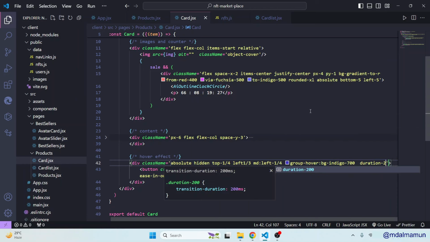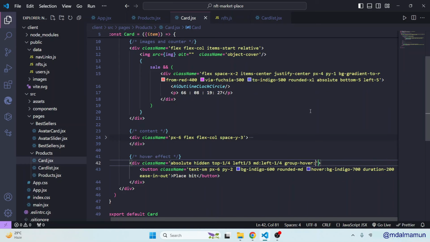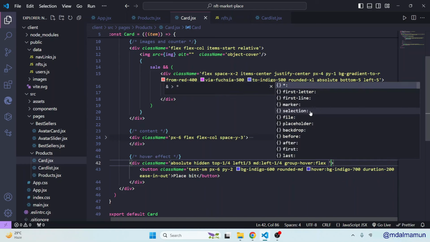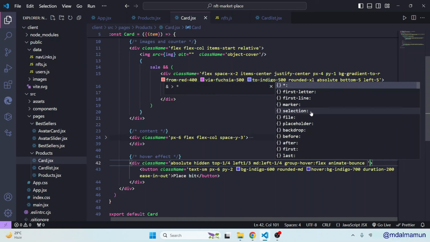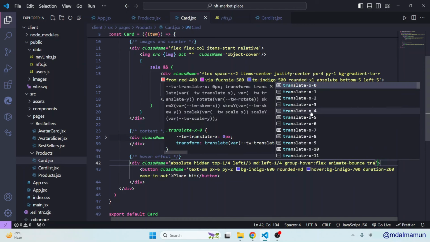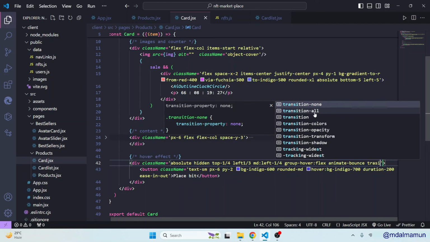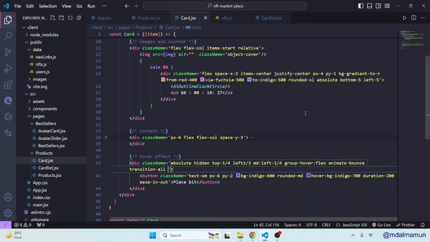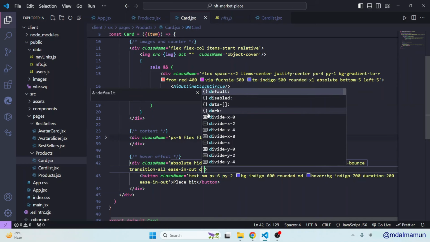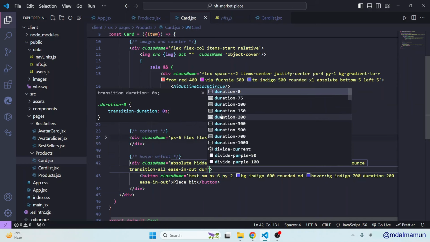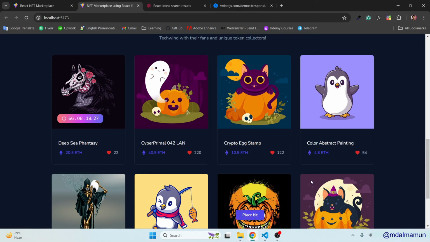Okay, sorry, here we need to define group hover will be flex, then we'll have animate bounce, and we'll have translate transition all, then we'll have ease in out, finally we'll have a duration 1000. So let me check, by default, look here, by default it's hidden, when you hover you will find this,